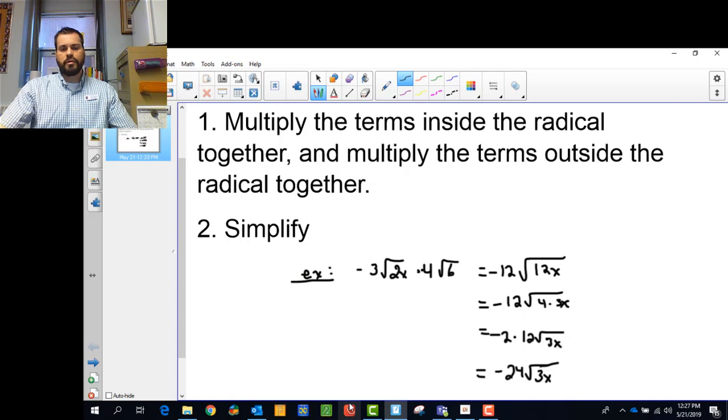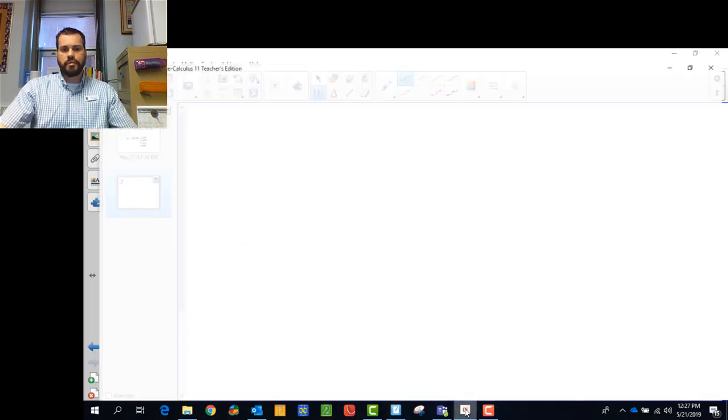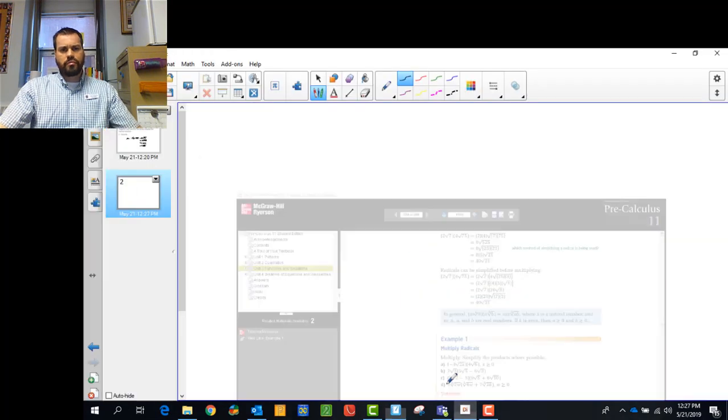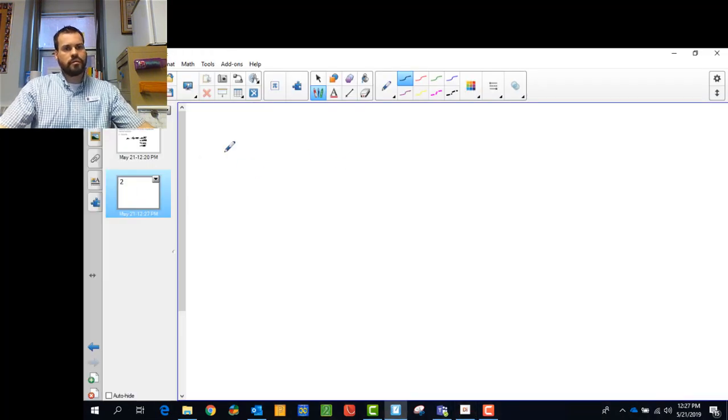Division we'll talk about later. It's a little more complicated, but multiplication is pretty straightforward. You just multiply the numbers or terms if they have variables in them outside and the terms inside, and then simplify. All right, so let's do another example. The next one says 7 root 3 and then it's multiplied by 5 root 5